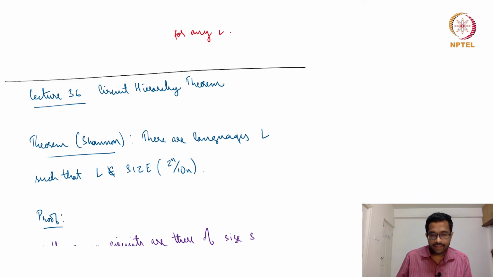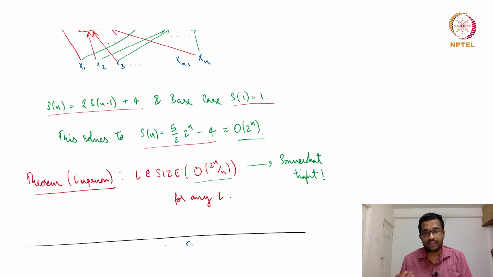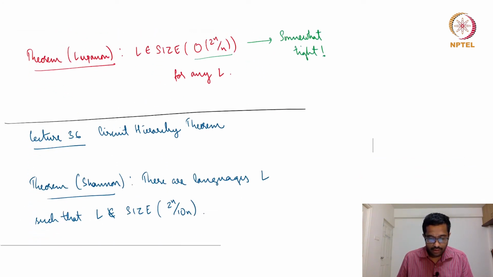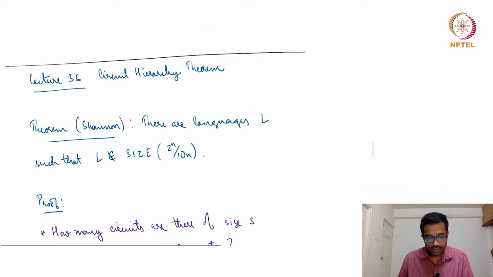In the previous lecture we saw that every language has a circuit of size O(2^n), and then we saw that there is a better bound, O(2^n / n). At that point I mentioned that this is rather tight, and we will see the proof why it is tight. There is a theorem by Shannon that says that there are languages